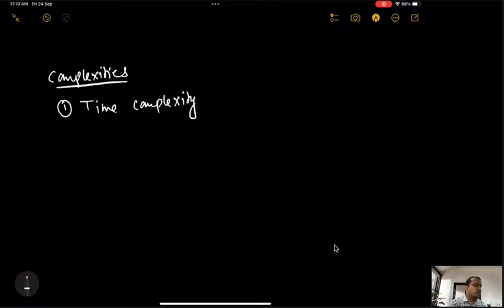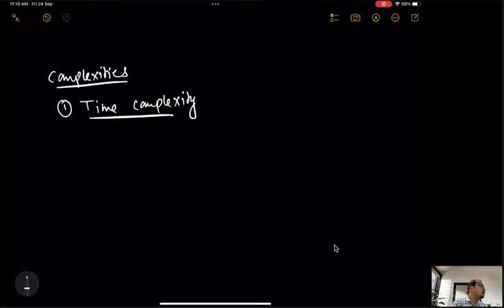Last class we were discussing the complexities, and we have already discussed the time complexity of an algorithm, how it can affect our program.